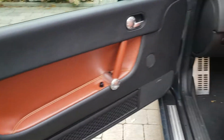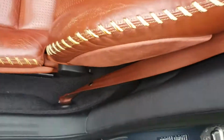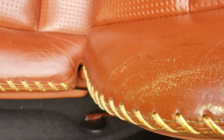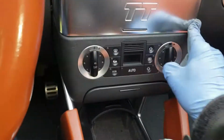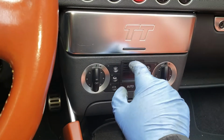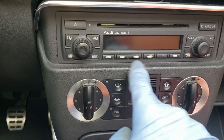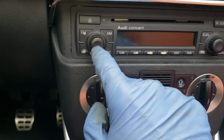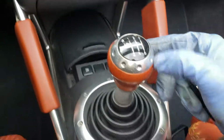Interior, as you can see, it's in pretty good shape. You can see some cracks on the seats from regular use, but there's no strange smell or anything like that. My comments on the interior, it's all Audis, it's all the TTs from that year. There are some scratches here, and these get to be worn after a while. That one too. And then this is broken in pretty much all of them, and you have some scratches here